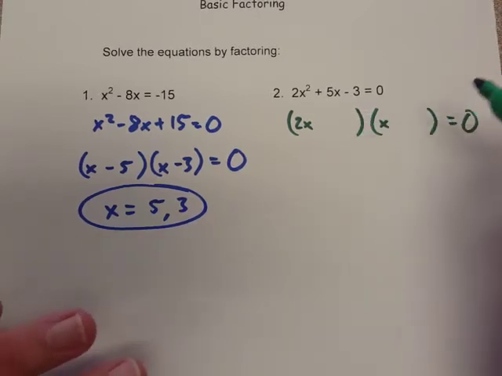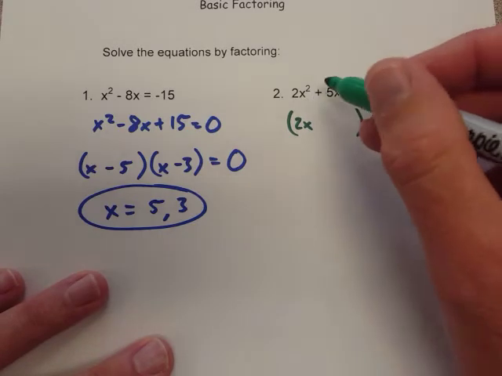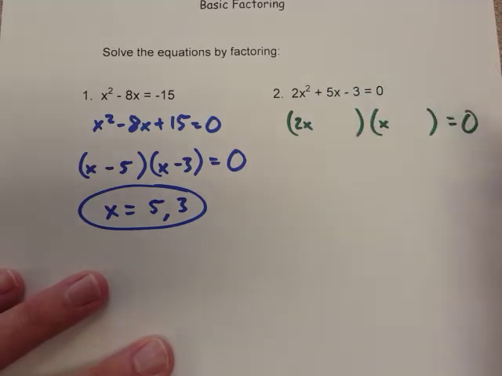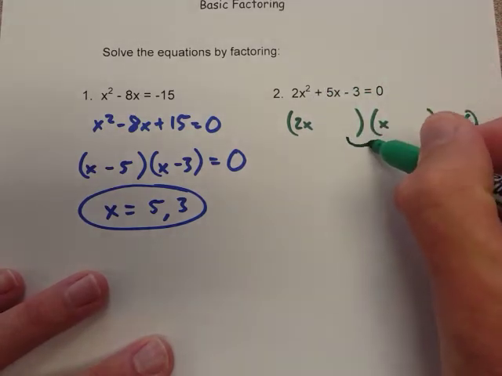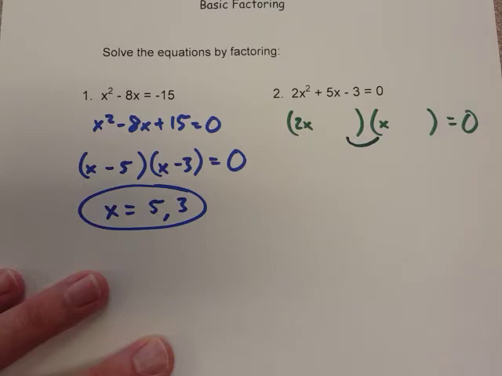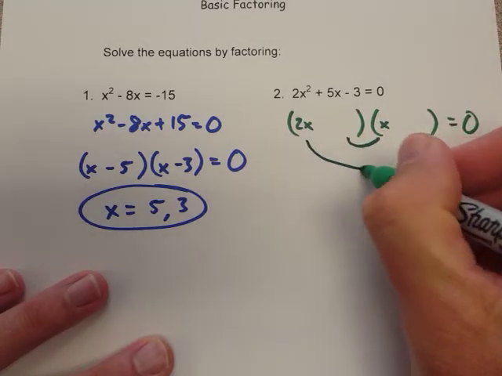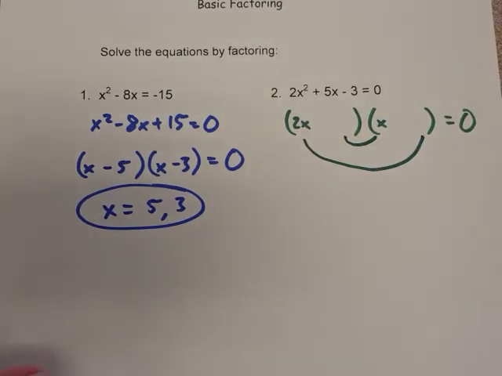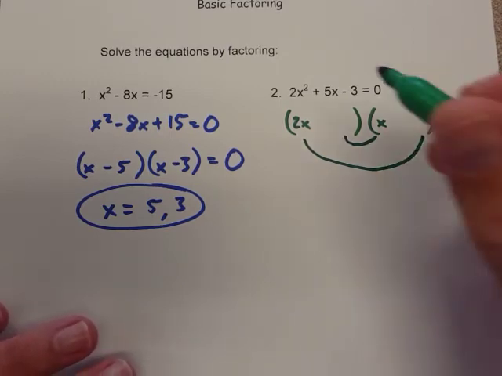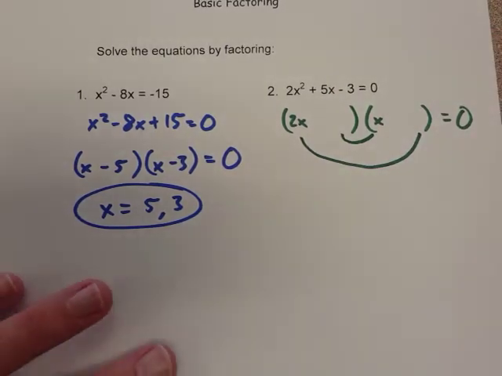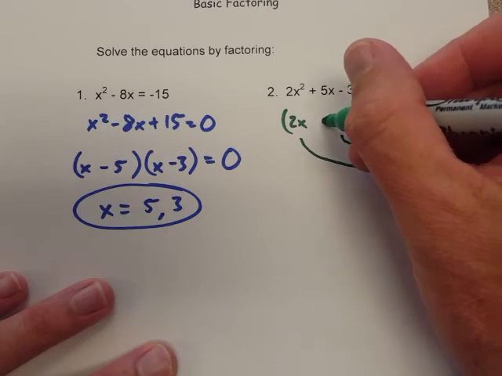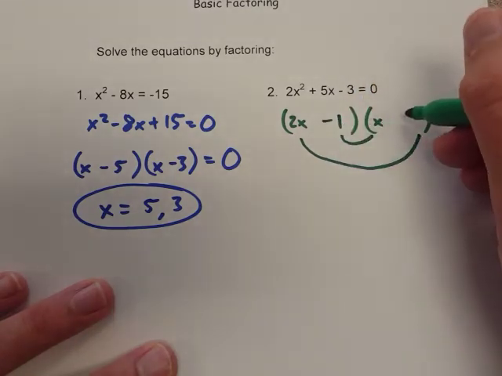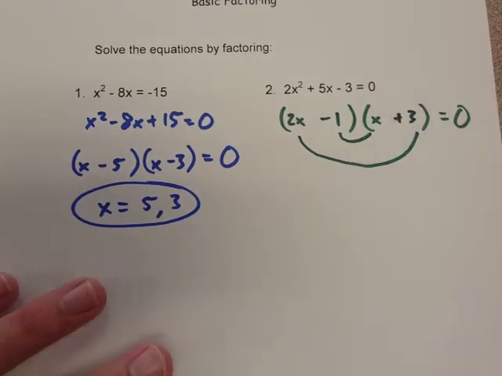But then the numbers in the middle, what I'm going to do is, thinking about FOIL, that 5x is going to come from these two multiplied together, the I part, and then the O part of FOIL with those two together. When we add those together, it should be 5x. Now the combination that works here is -1 and +3. So just to check, and so you can see that this works,